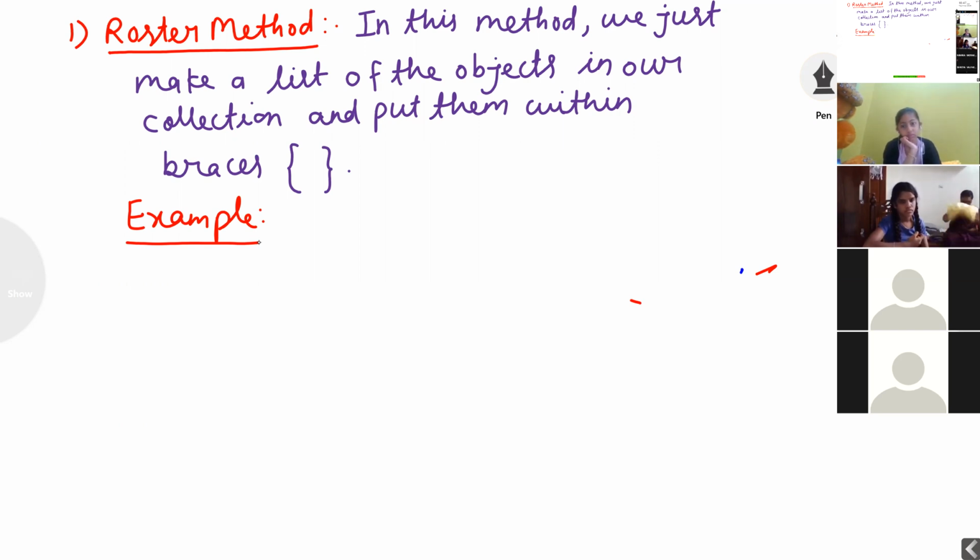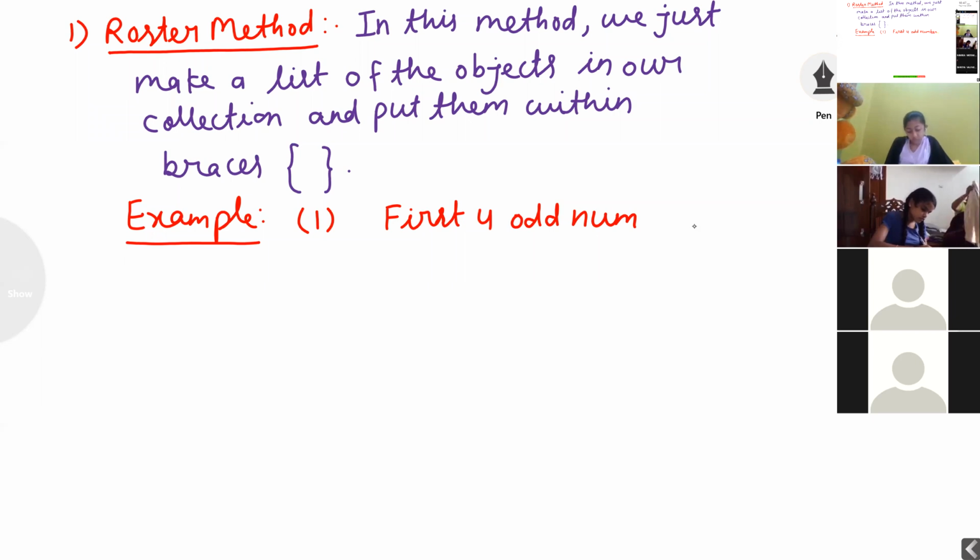First example, I am writing: first four odd numbers.